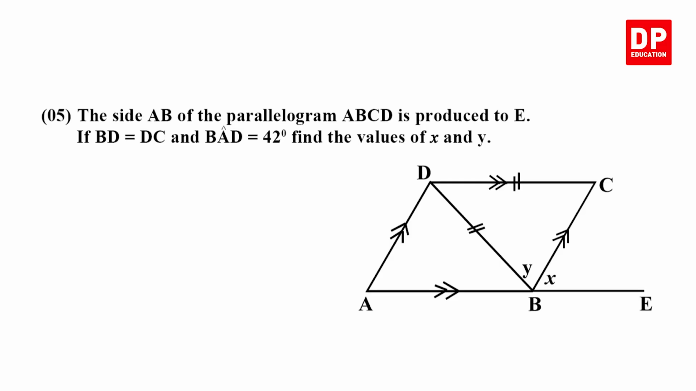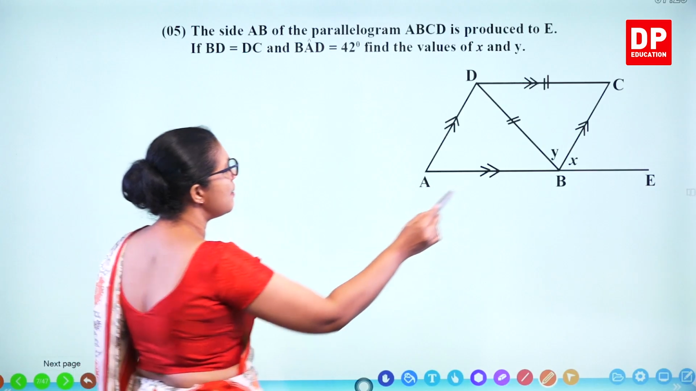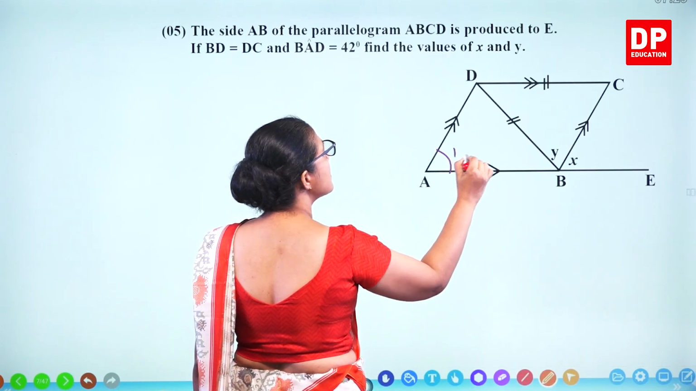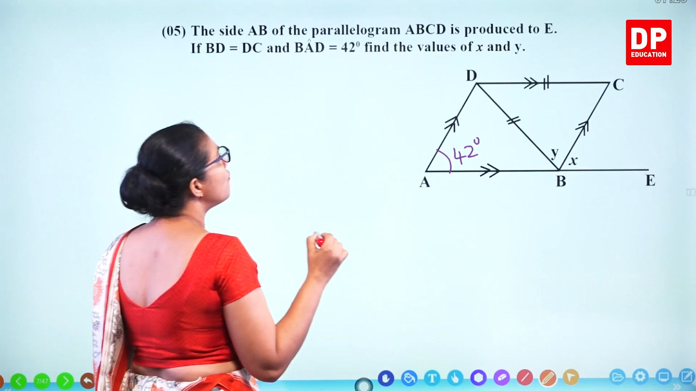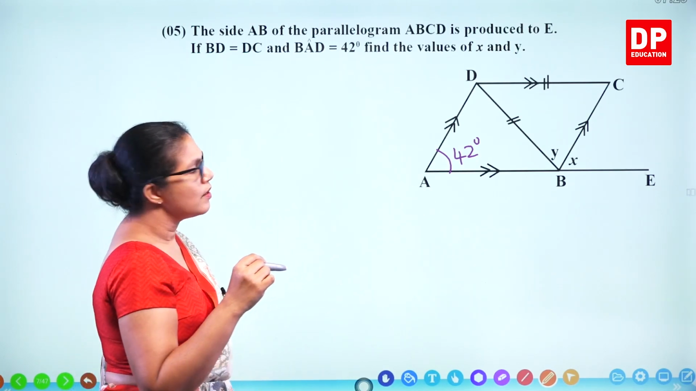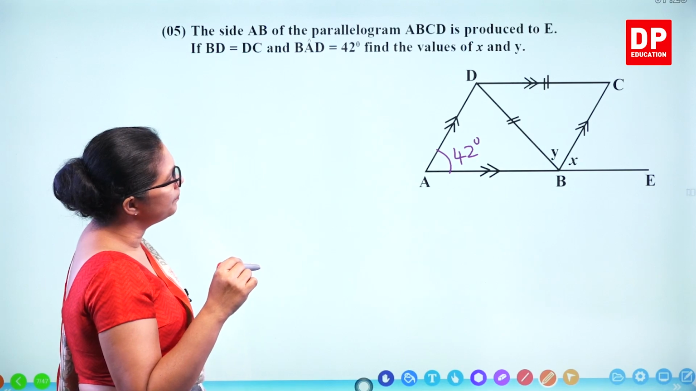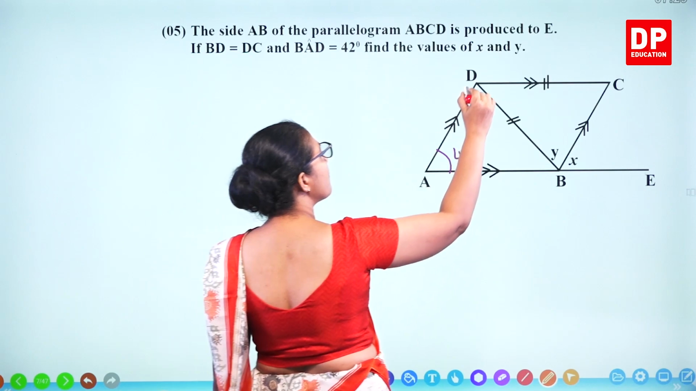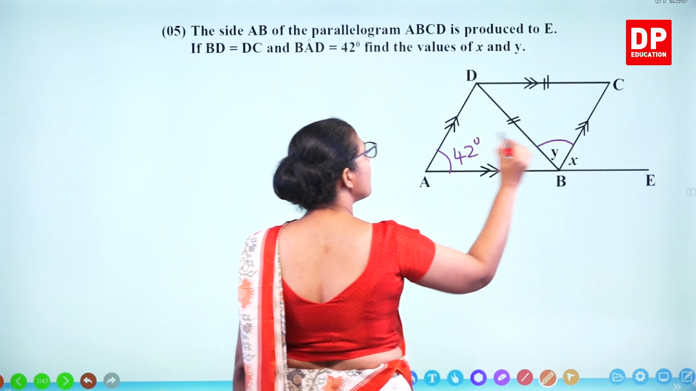Question number 5. The side AB of the parallelogram ABCD is produced to E. If BD is equal to CD or DC and BAD is 42. This is given 42. Find the values of x and y. This is a parallelogram. So what can you say about that? Can you see? This and this